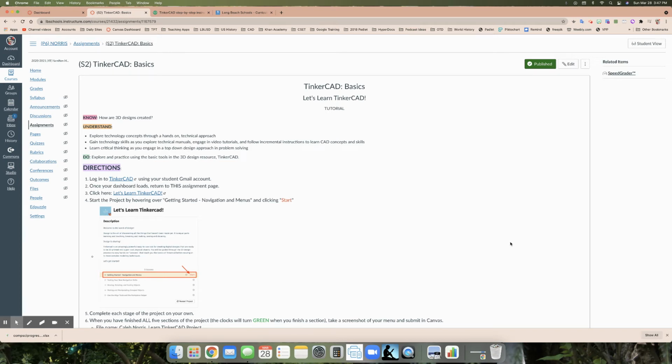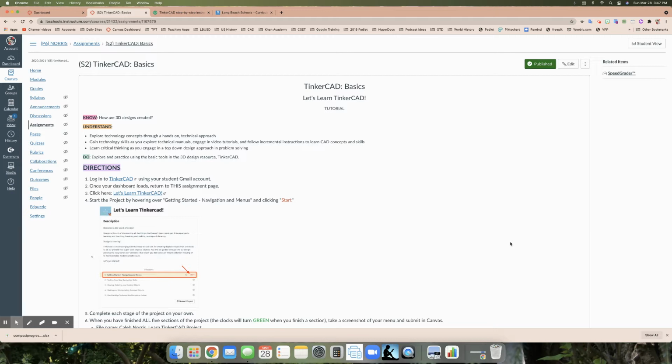All right, everyone. So you've had an opportunity to sort of explore TinkerCAD on your own, with no real set design on what you're supposed to be creating, a lot of freedom, and really the goal was just to start to become familiar with the different tools in the 3D design portion of TinkerCAD. So what we're going to be doing today is a specific